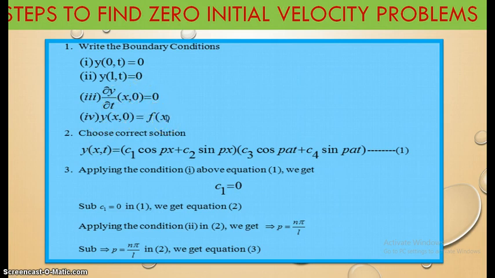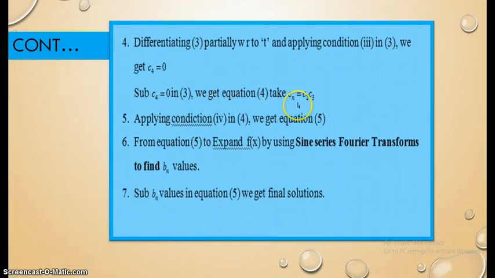So here one important thing is that up to equation number 5, the steps must be the same for all the problems. That is based on the zero velocity problem, so you don't go through them again and again. Only the function must be changed. Using that function, you find bn using the half-range sine series formula. That is the main thing.